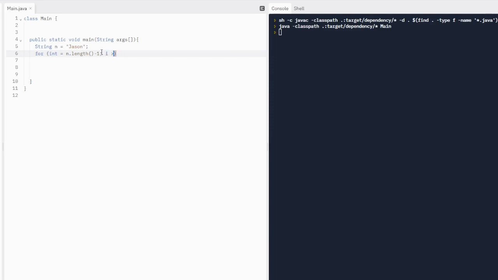You can do equals 0, less than or equal to 0, as long as it gets to 0. So I'm just going to do I is greater than -1, and we're going to decrement it by 1. And then all we're going to do is print out a new line on this letter. So a letter is going to be using the substring method, and then we're going to print out I